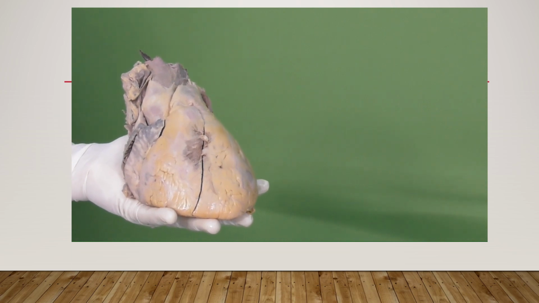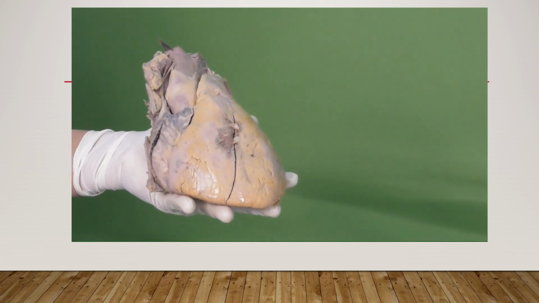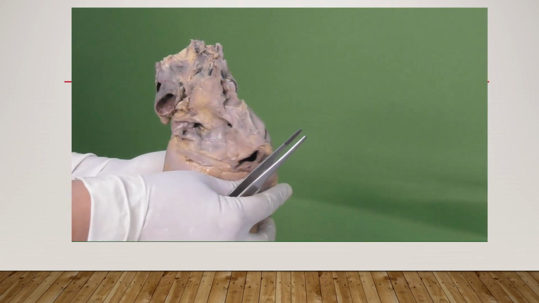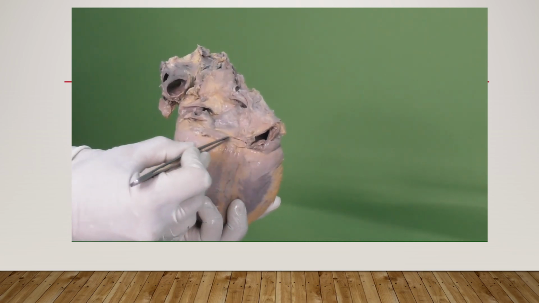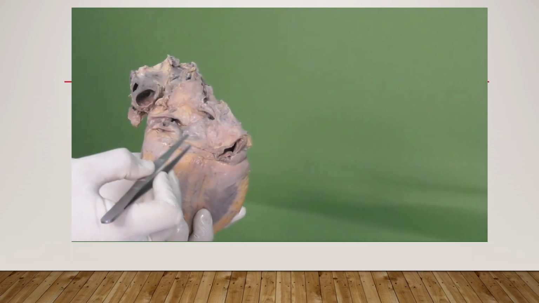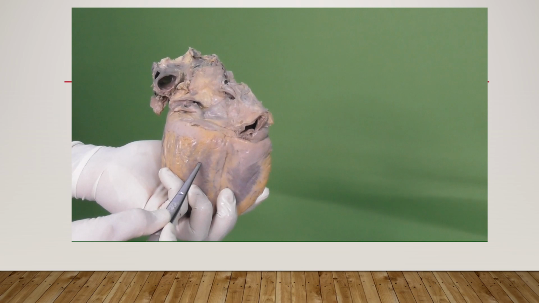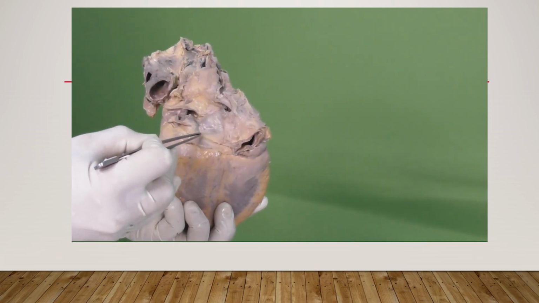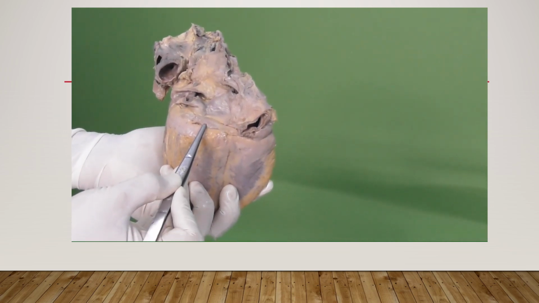The first is the atrioventricular sulcus, which is also called the coronary sulcus. Now this coronary sulcus is not seen very clearly on the anterior surface, but if we see the posterior surface, here we can see the atrioventricular sulcus or the coronary sulcus, the one present between the atria and ventricles. And here it lodges the main venous channel of the heart, that is nothing but the coronary sinus. So here we can see the coronary sinus.